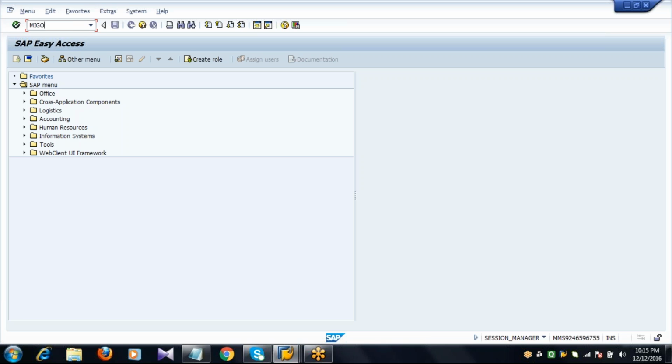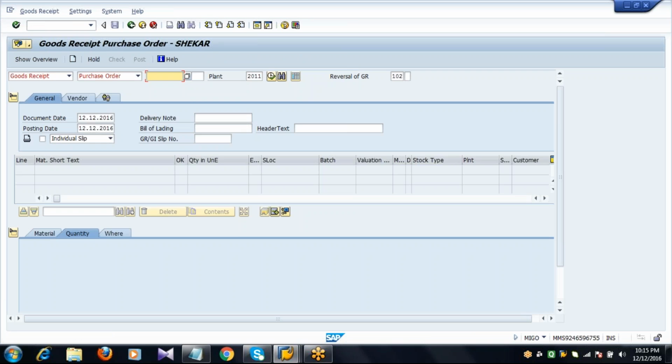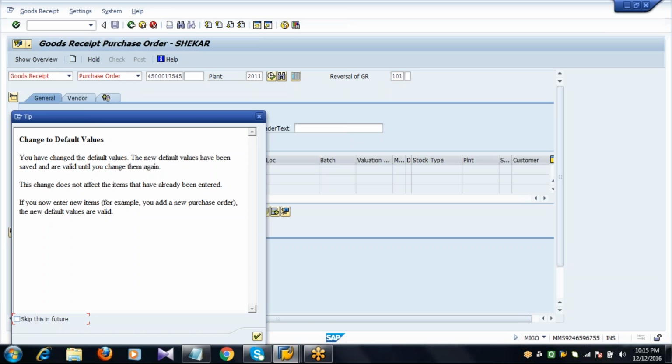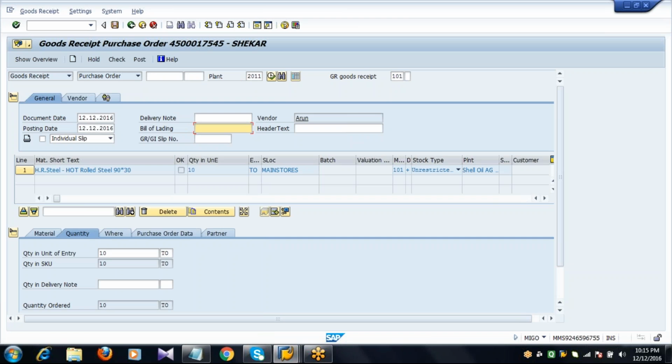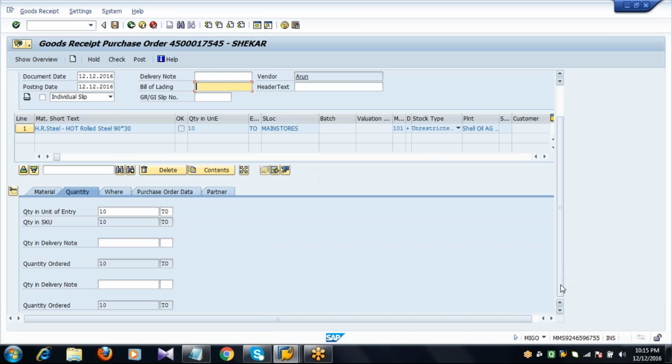Same transaction code, MIGO, same process, GR against PO, the PO number, plant. So you are receiving the stock, which means, as I told you, the movement type will always be 101. Document date and posting date. Press enter. In item details, in the quantity tab, instead of 10, as the vendor has sent only 5 tons, so I enter